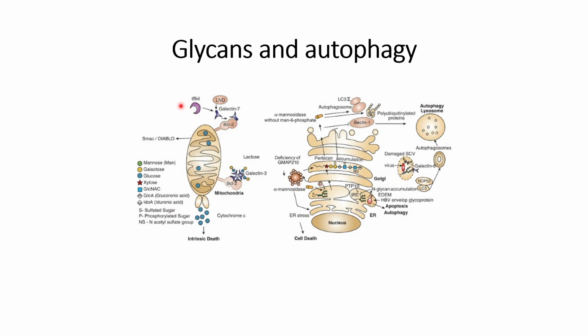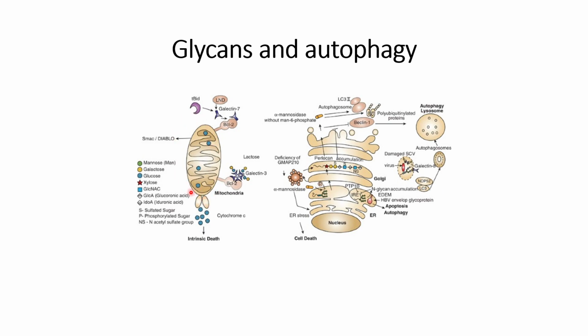And even though the cells are not treated with TBD and LND, galectin 3 can interact with BCL2 to form a complex. This complex formation will lead to the release of cytochrome C within the cytosol. And when this cytochrome C leaks into the cytosol, it will trigger the intrinsic cell death. So this is how these glycans can play a role in intrinsic cell death,